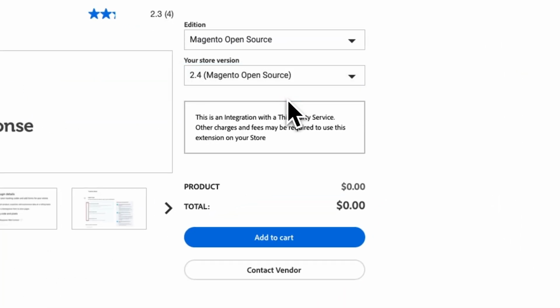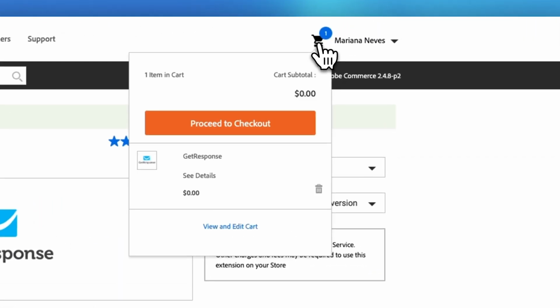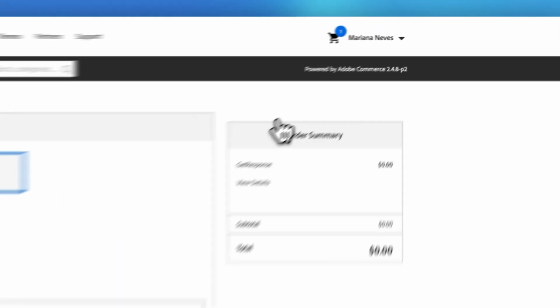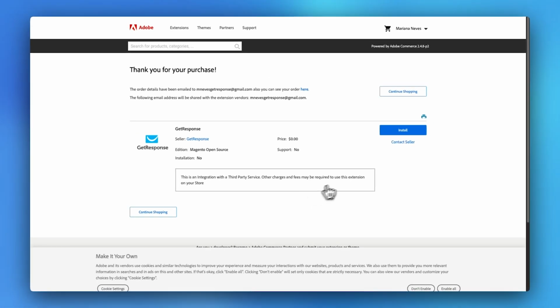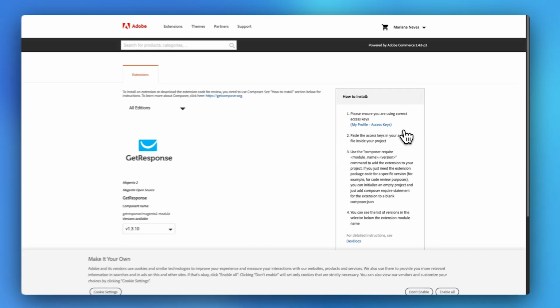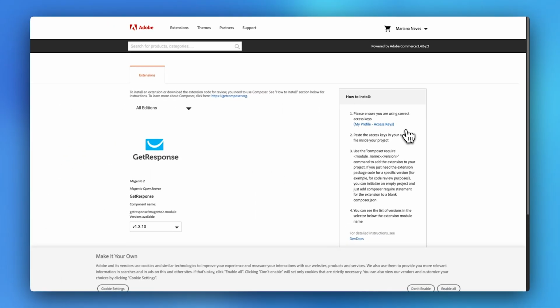You want to choose this one. And then you simply add to cart. Go ahead and navigate to your cart here, proceed to checkout. You don't need to provide any payment information as it's free, and then simply place the order. Then go ahead and click install. Perfect. So now you need to make sure you have your access keys that you can find when you go